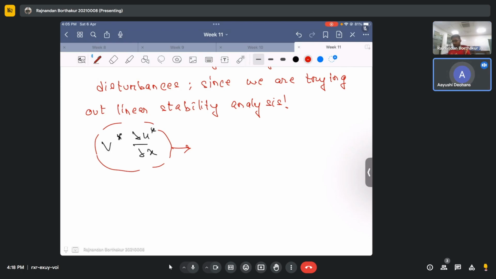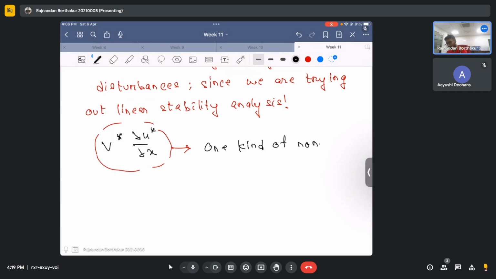Both perturbations are multiplied. Yeah, exactly, because these perturbations are not known, right? These perturbations are something that we are trying to find out. So since these are unknown, we will omit or cancel certain terms. What I mean to say is that this is one kind. When you do the subtraction, you can try it out yourself because we have already done that. You will see that this is one kind of